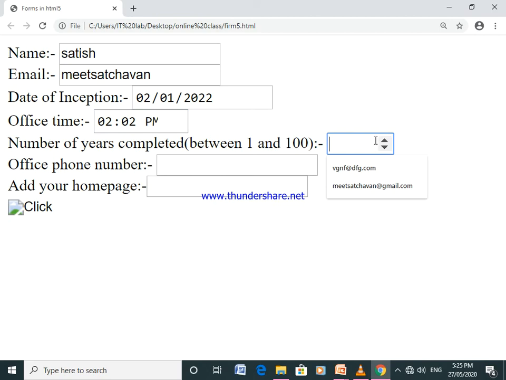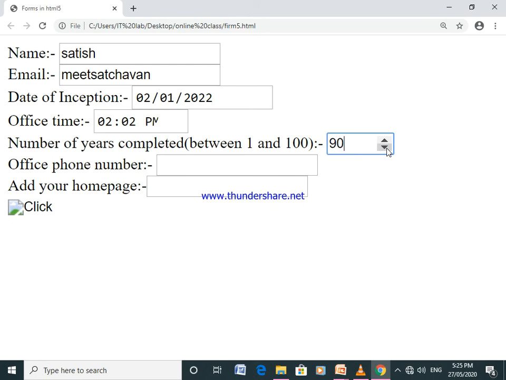So you can type, or you can select or insert by using this upward arrow or downward arrow. But keep in mind the value should be in between. Either you can type directly 35, so it is possible, or you can increase or decrease that value by using the provided arrows. But keep in mind the value should not be more than 100. So here keep in mind the value should be in between 1 to 100. So here I am going to provide 90.